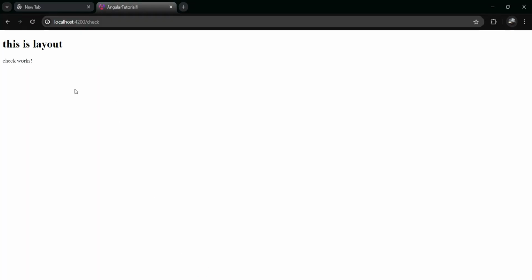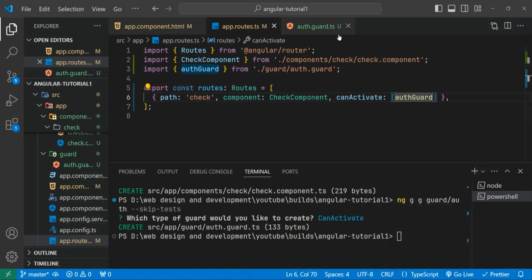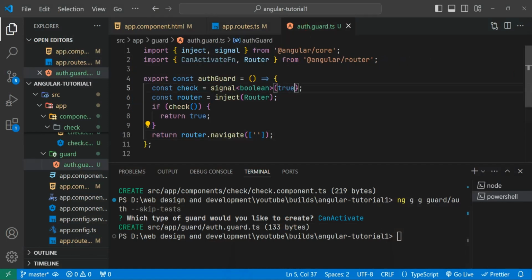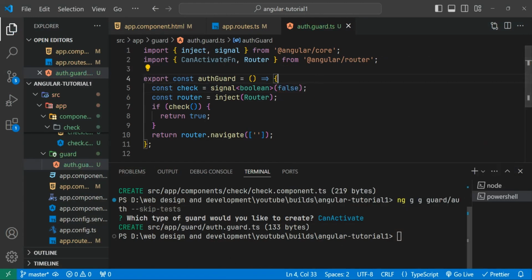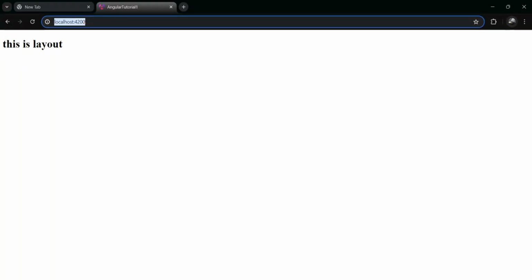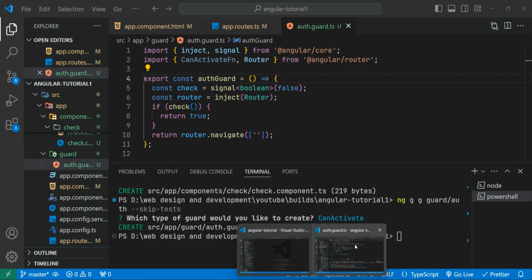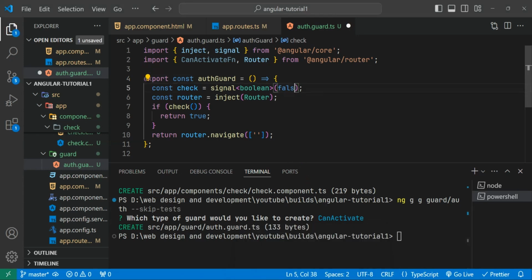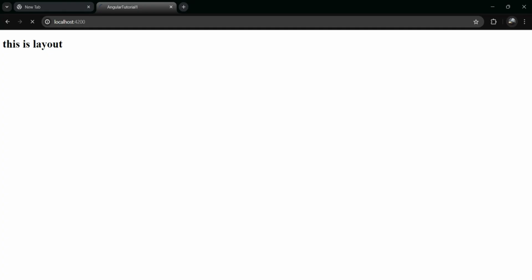Now it works fine because we set the check to true, but let's say if I want the check to be false, which means the user is not authenticated, let's say this to false and save it. Now it will direct me to the home page. You can see I can't navigate to the check page. You can see it is working, but for now let's leave it set to true. So this is how you authenticate a user, like this. Now I can go to the check page again,